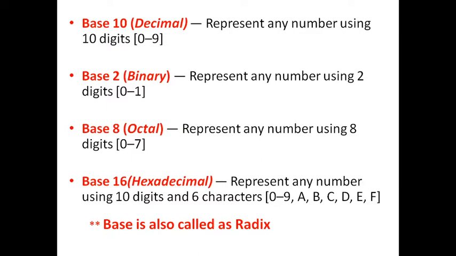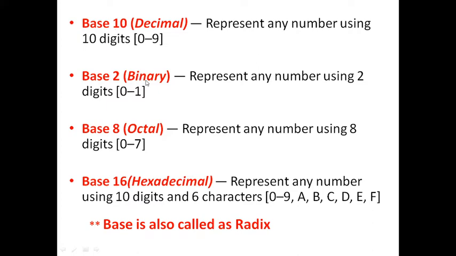Now before that, you should remember the base meaning. It is also called a radix. Now what is that base or radix? Base 10 is assigned to the decimal number system. What is a decimal number system? It is going to have 10 symbols. Now which are the 10 symbols which will be used to represent any number in the decimal number system? It is from 0 to 9. So total 10 symbols, so it is going to have something called base 10.